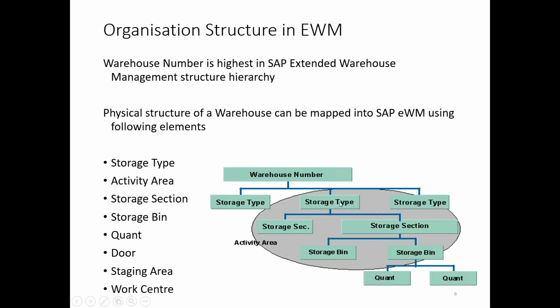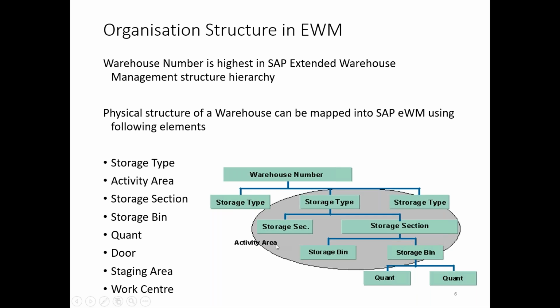And then this is the organization structure in the EWM, where we have the warehouse, which is divided into different storage types, right? And then each storage type is further divided into storage sections. And then the last exact spot where your product is stored is a storage bin. The quant is just the characteristics of the material. The number gets generated internally by the system and it gets deleted when the stock is removed.